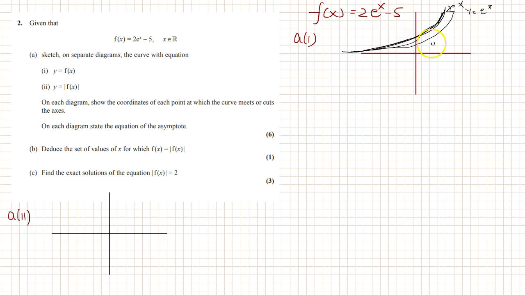So this coordinate is 0 and 1, and this will be multiplied by 2, so it will be 2. Now negative 5 means it will go 5 down. 1, 2, 3, 4, 5. So the graph will be